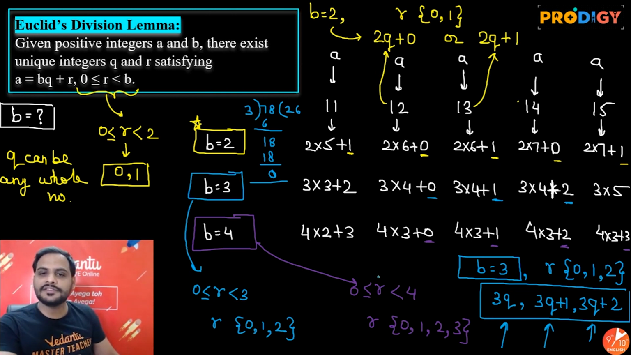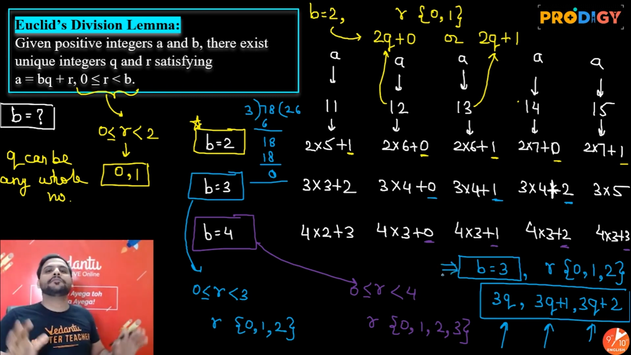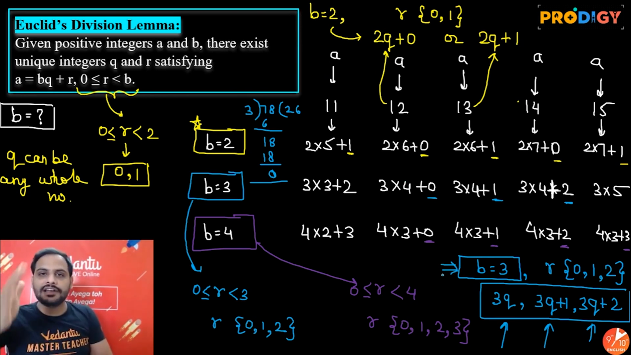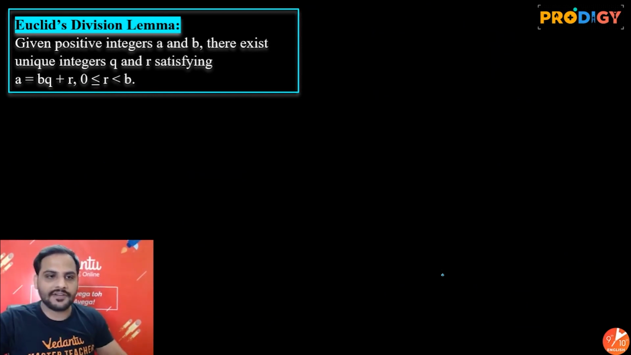So Euclid's division lemma in the question is used by choosing the value of the divisor. Very important thing. In the questions, we have to choose the value of divisor. Once we choose the value of divisor, all natural numbers I know will be represented in any one of those forms. If I choose my divisor to be 5,